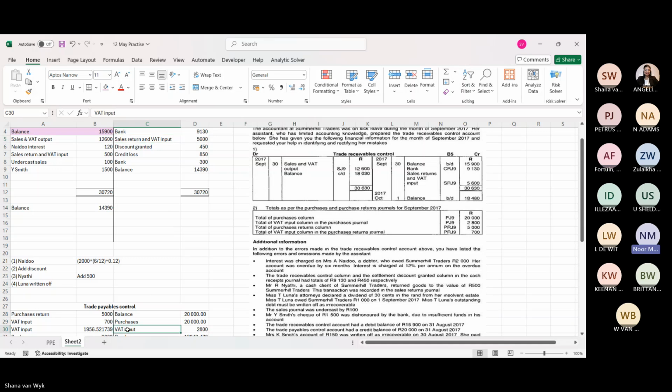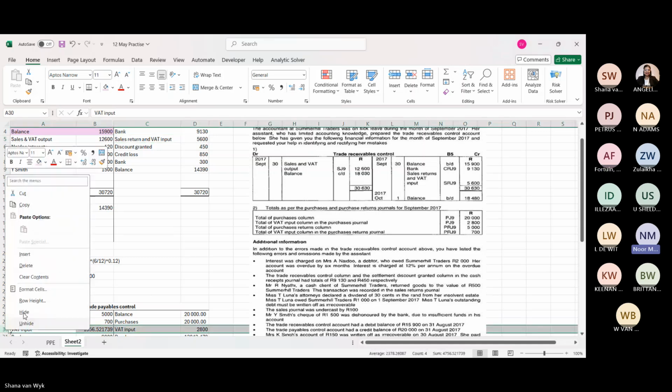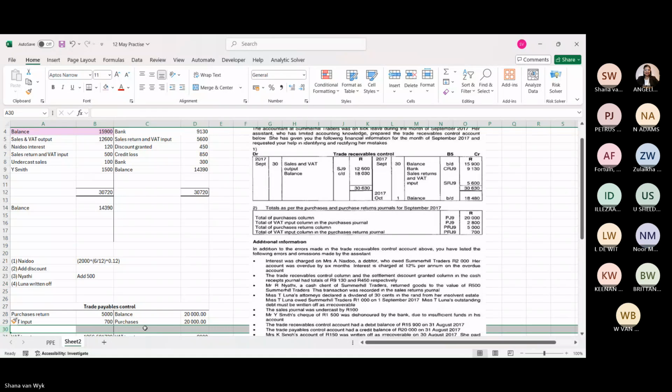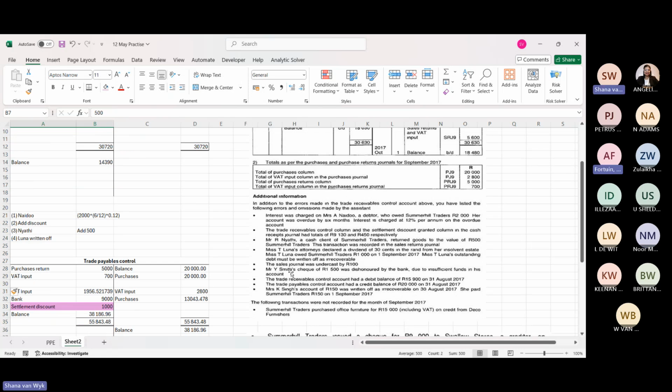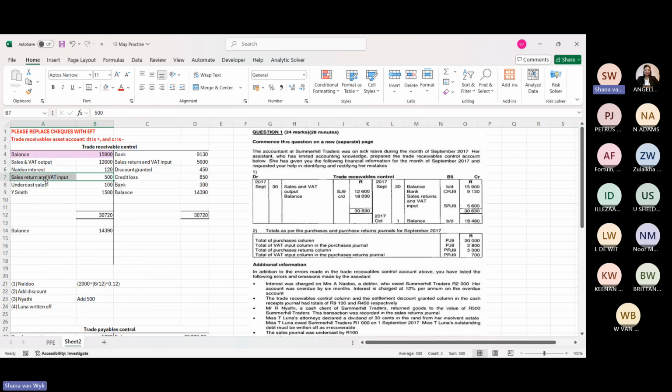Yeah, the one is in the T account that's given to us, and the other one is in the additional information. The 500 was in the additional information, and the 56 was in the T account. Let me just see, maybe here, returned goods. So maybe I should just have said sales return. Yeah, that's actually a correction. That's a sales return. Just write sales return, it's a correction actually. Okay.